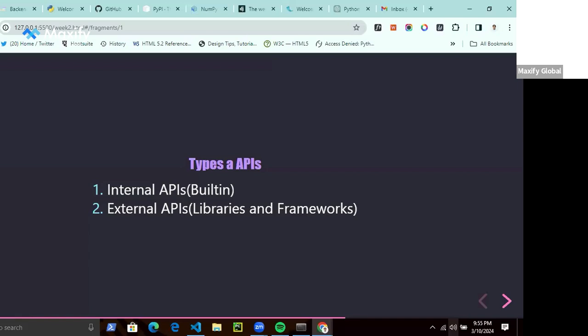So similarly, frameworks are more comprehensive than libraries. Libraries are just pieces of reusable code, but a framework is much more. It's a set of tools that allow us to build software, right? They often expose APIs to developers to extend or customize behaviors, right? So an example of a framework is Django, which we are going to go into shortly. Django, Flask, these are examples of web frameworks. They have so much built into them. They are opinionated. They tell you how to do a lot of things.